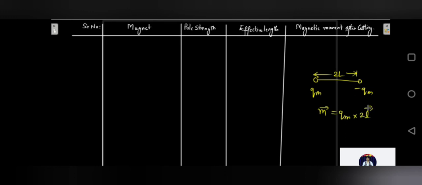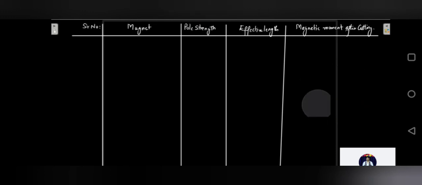Now supposing we have a bar magnet, and then we change the shape of these bar magnets. This was for a simple bar magnet having a north pole and a south pole. Supposing I cut this half like this, or I cut this half like this, what is going to happen to this magnetic dipole moment, or to this pole strength? That we are going to see now. So for a standard magnet, let me draw a standard magnet that is having a north pole and a south pole.